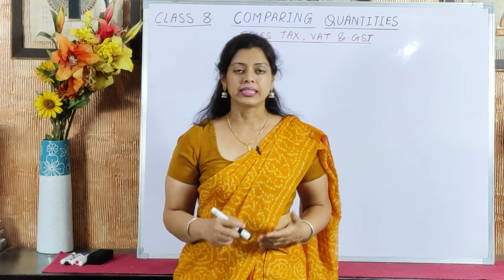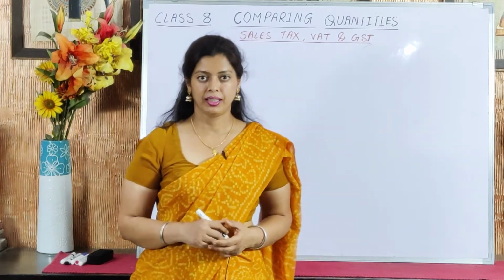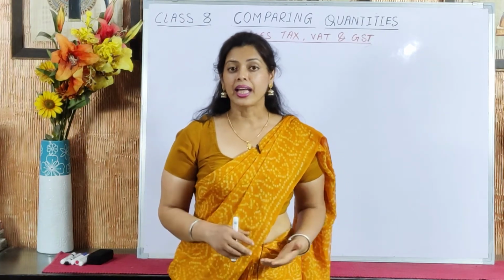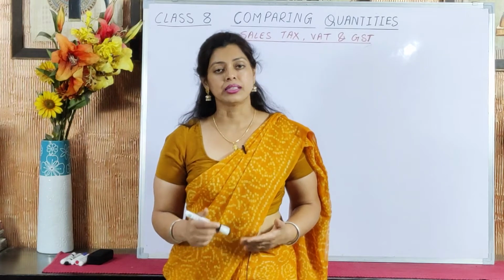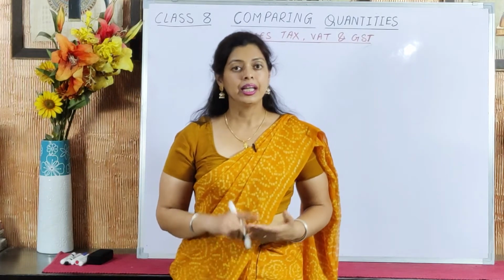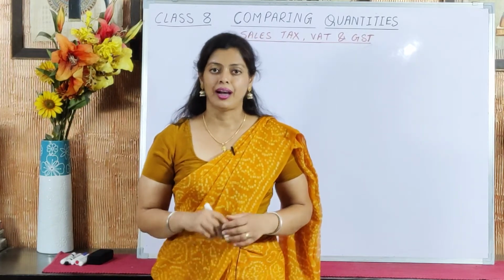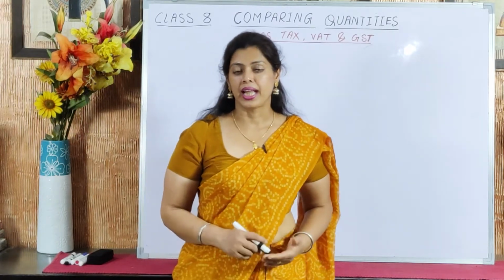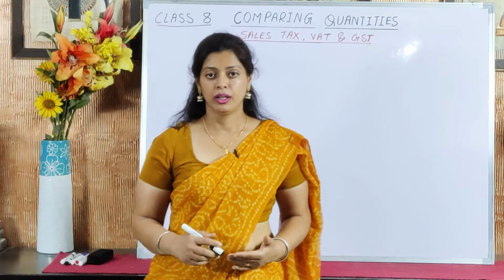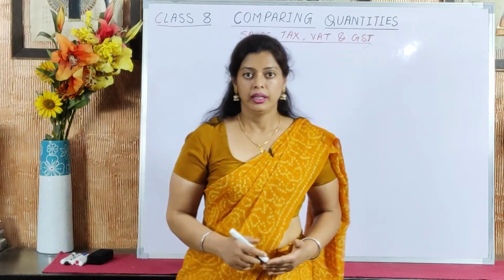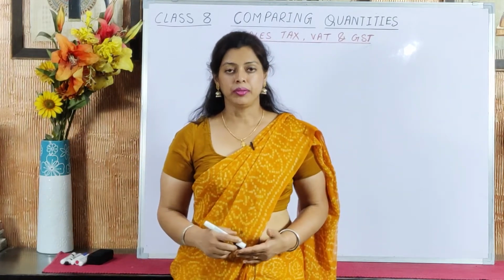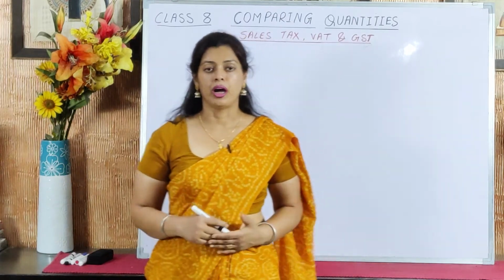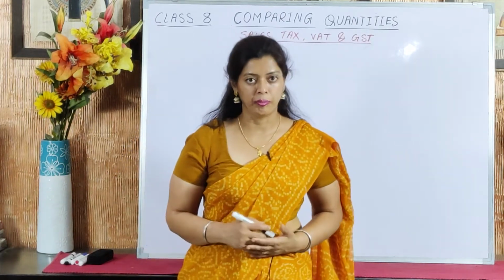The government collects taxes in two different ways, direct taxes and indirect taxes. The direct taxes are paid directly by us to the government. Income tax and property tax are examples of direct taxes. Whereas in case of indirect taxes, whenever we spend or buy certain items, in addition to the price of the item, we pay a tax. The shopkeeper collects this tax on our behalf and then pays it to the government.